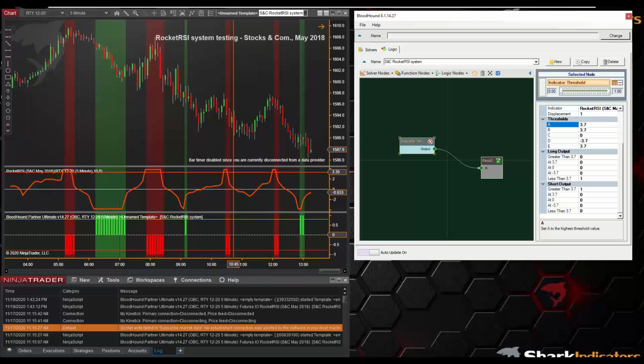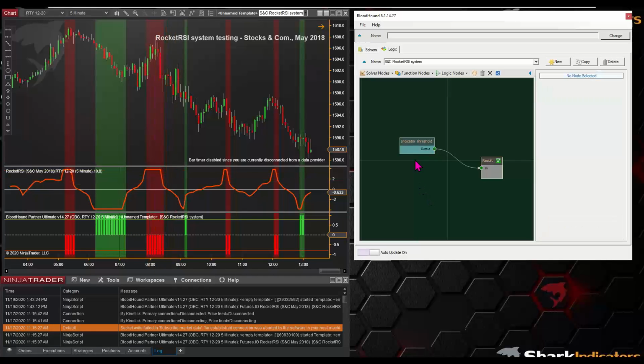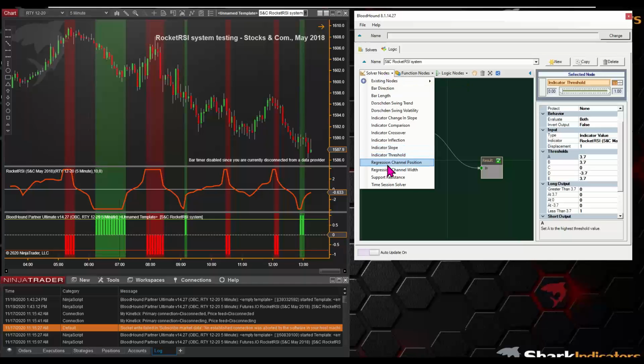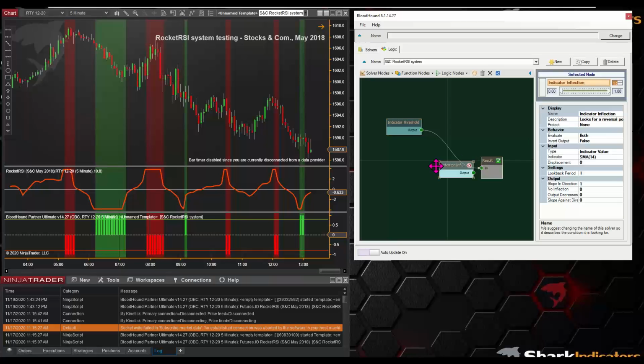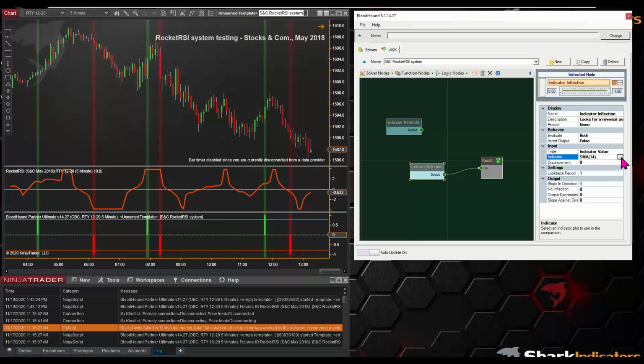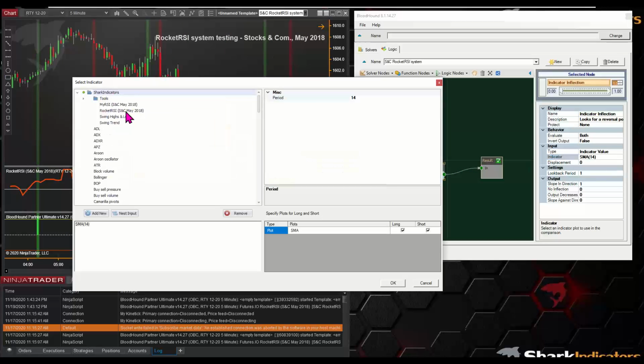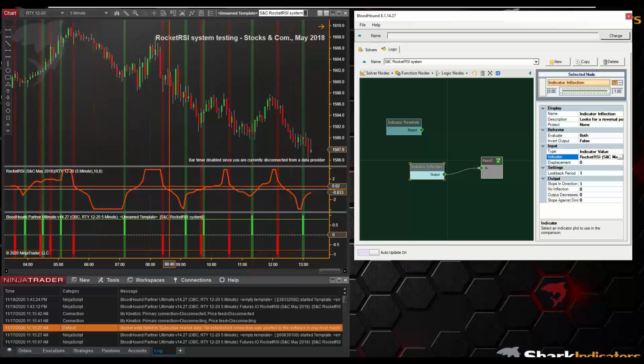Now, one little thing I'm going to do, just a slight detail, is we actually want the point where it's turned around, right? We don't want just the maximum and the minimum here. We actually want the bar right after where it's turning around. So I've displaced everything so it can match up with another solver, the inflection solver. We want to see the inflection of the RSI. So let me go in and select the Rocket RSI again. All right, and now I've marked up the chart every time the Rocket RSI